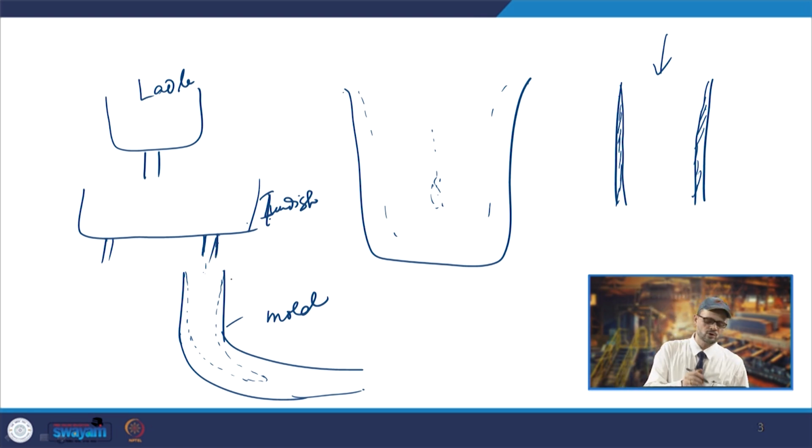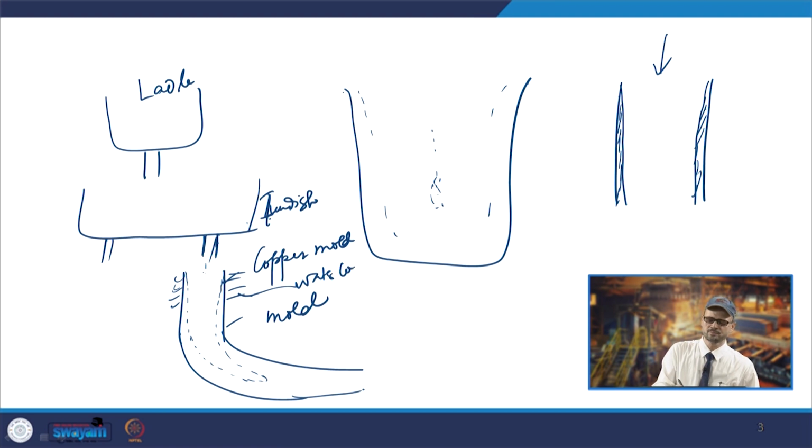This mold is a copper mold in most cases, and it is water cooled. So, this water cooled copper mold is known as the primary cooling zone of the continuous casting unit,